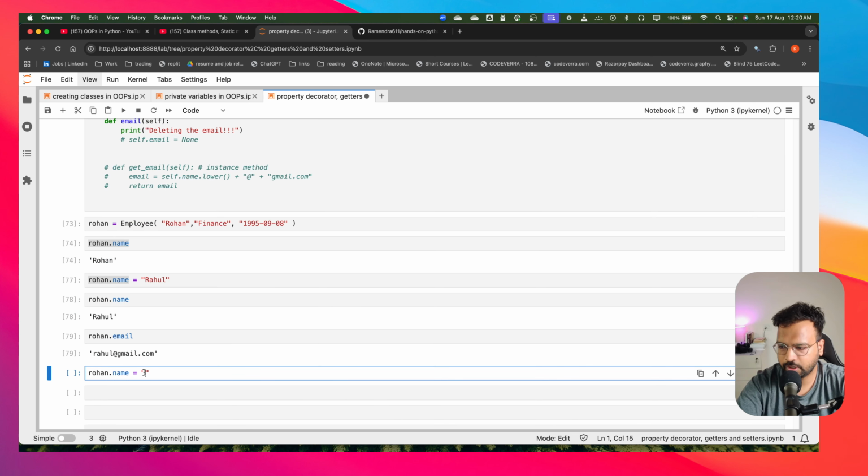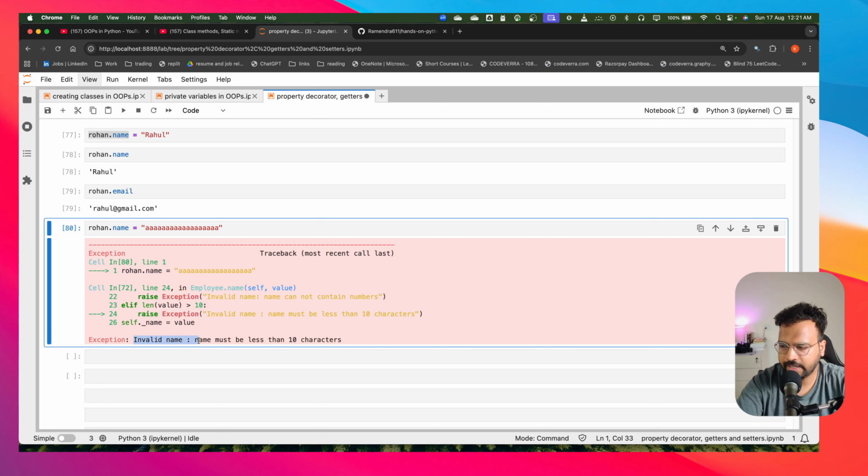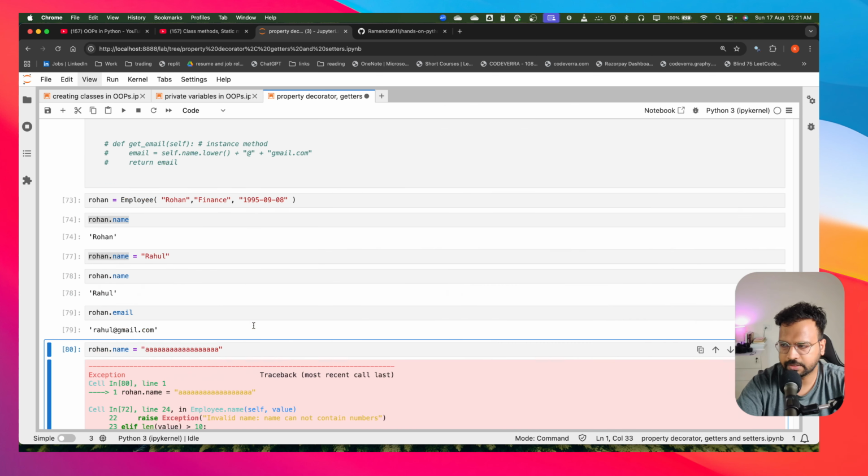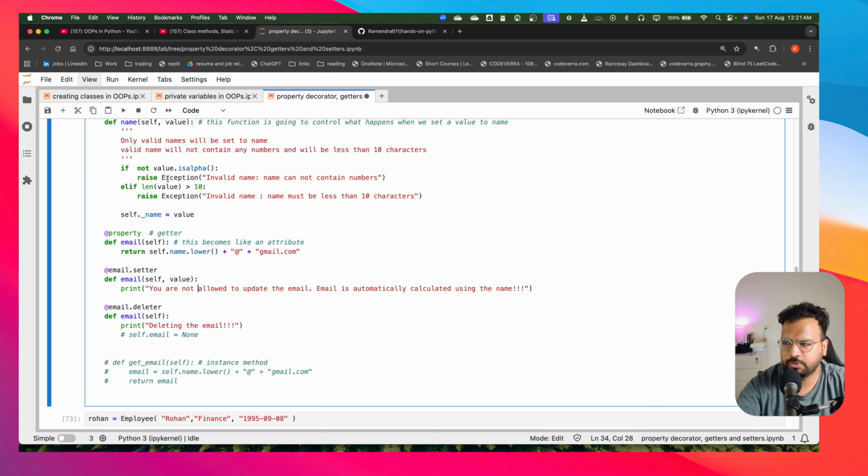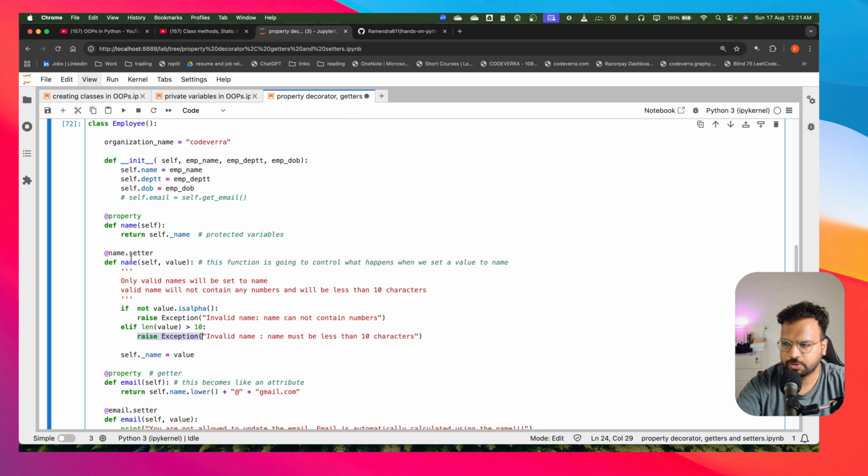And if I do rohan.name is equal to anything more than 10 characters, again I should get an error saying invalid name, name must be less than 10 characters. If you know about custom exceptions, you can do that as well, but here I'm just using the raise command and raising some exception. So this is like a data validation that I have put on name, and